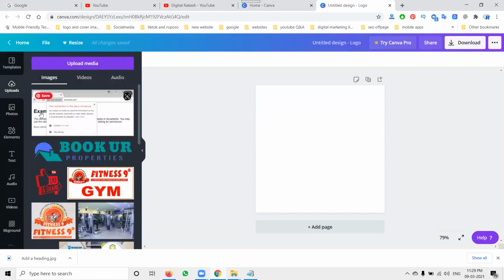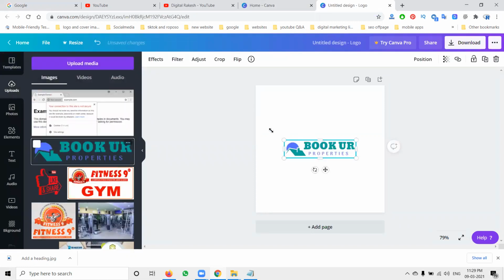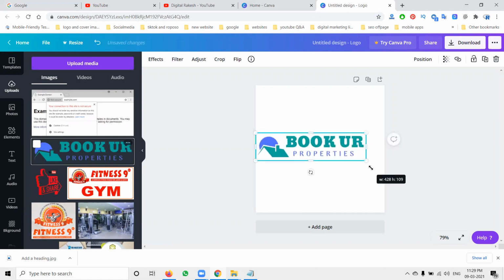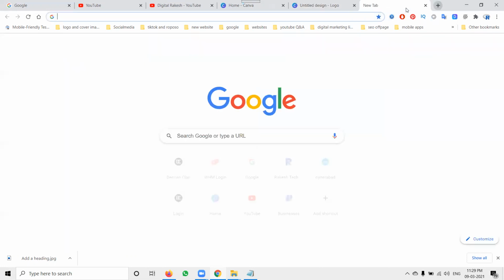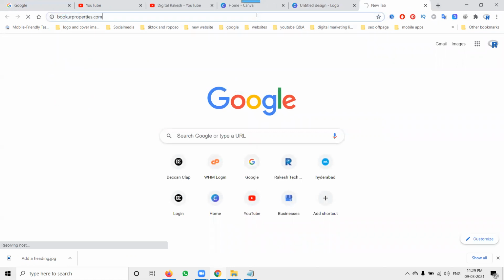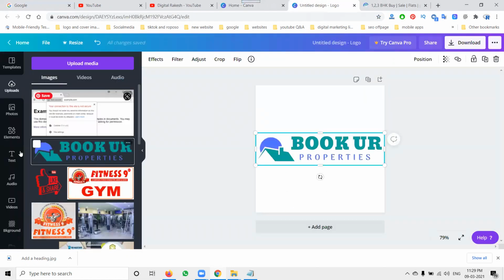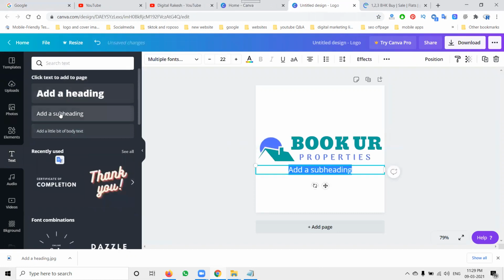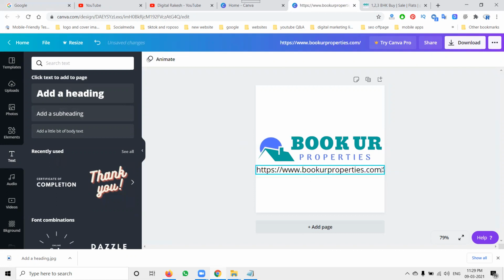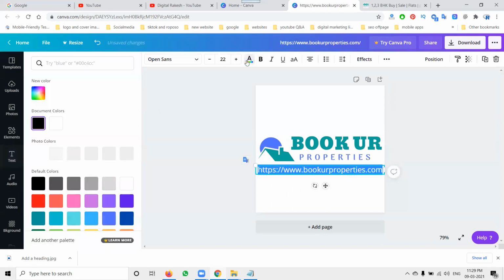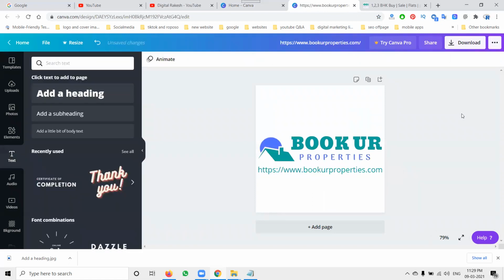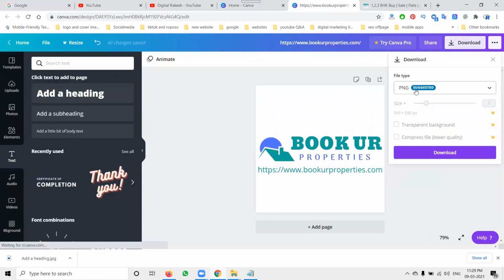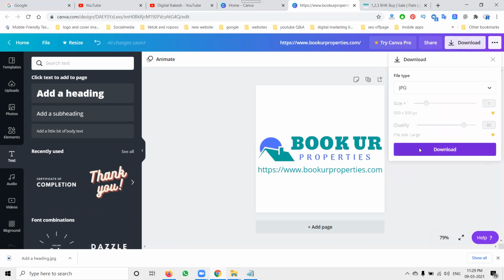Now I will add this logo here. Properly check. This is an M logo created along with the website URL. It is compulsory to add the website URL to the logo, a mandatory field. So add it perfectly. The same color you use in the design, the same color will be used for the logo. After this, we can download this image.